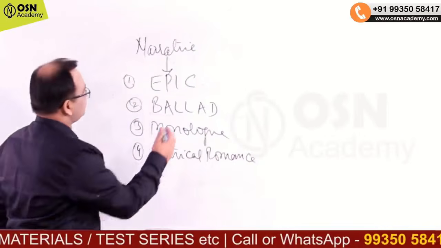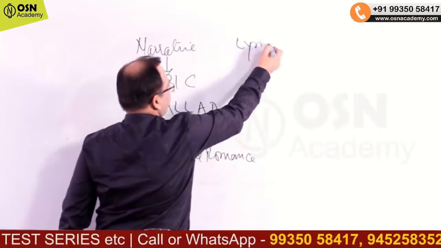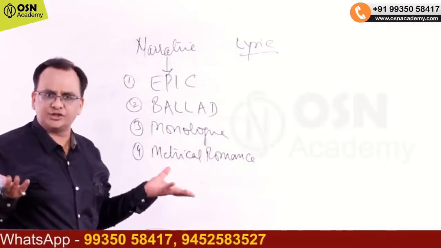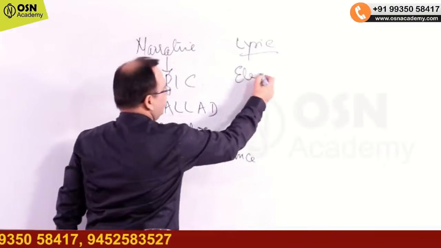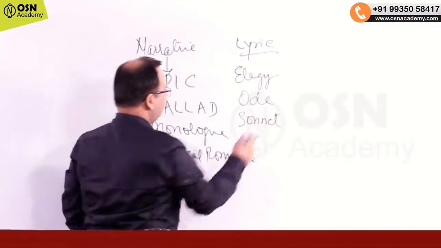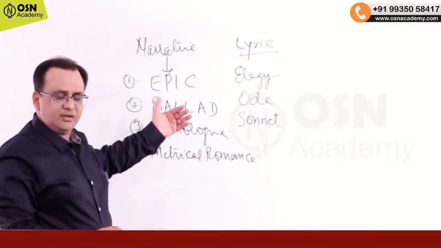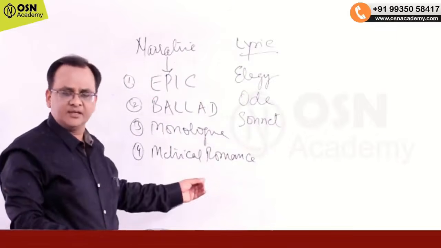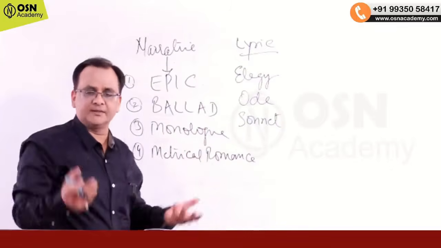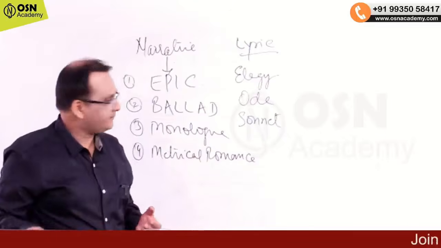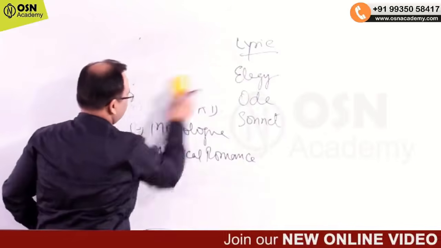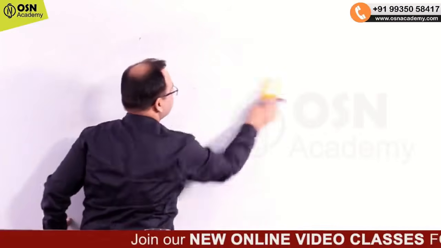Now the second is जो मैंने आपको बताया था लिरिक. लिरिक में कितने प्रकार के होते हैं? वेरी सिंपल, एलिजी, ओड एंड सोनेट. Why I am giving you these details? Because you have to focus on each of the things for your course curriculum, and it is very important when you have to teach in your further classes when you become a teacher. Fine, तो ये हो गया lyric, and the last is dramatic.